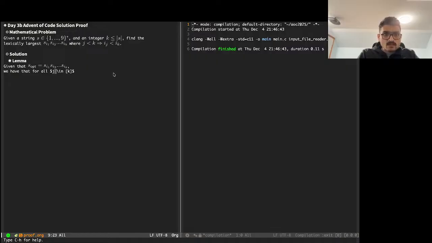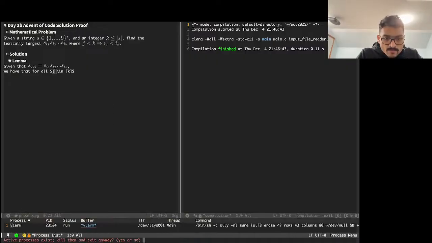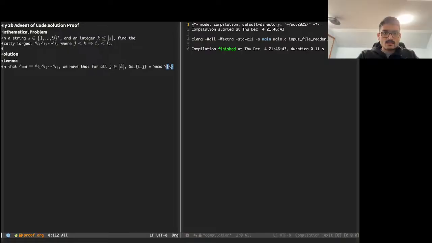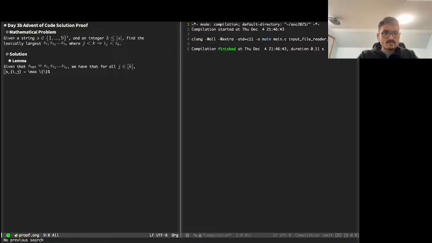What the heck? Control C X O. We have that for all j, S_ij is equal to the max in the set